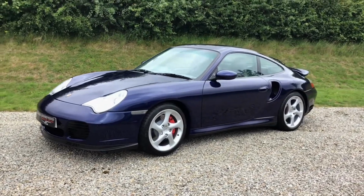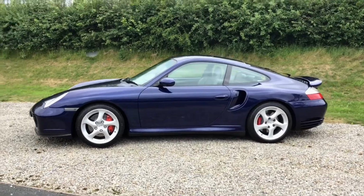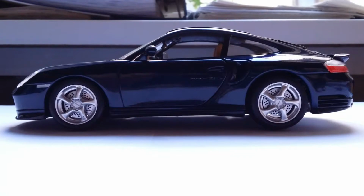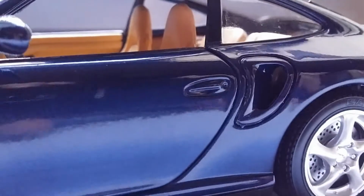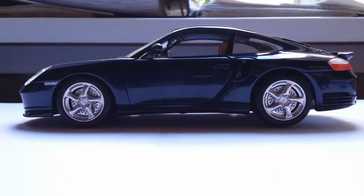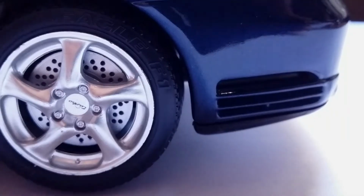And now as we move on to check the side of the Porsche 911 996 Turbo, what I like most about the side profile are, of course, the wheels, because they have these beautiful 5-spoke rims on them in a sort of brushed aluminum look. But before we zoom into the wheels, I just want to show you this big vent right over here. And this is the easiest way that you can tell that this car is the turbo instead of the normal Carrera model. You'll also see that we have some additional air vents back here,